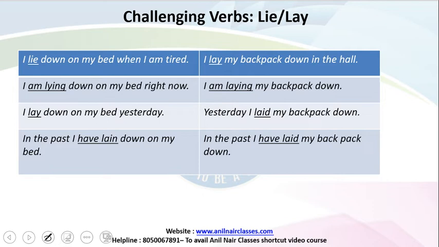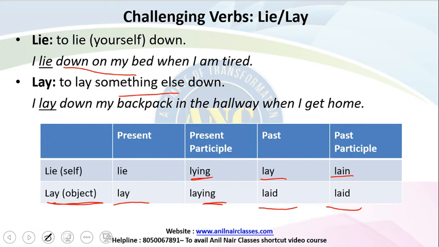Even if you mistakenly use the transitive verb in place of the intransitive verb, right, it will change the meaning. Hence, it's very important for you to understand. This is the transitive verb. It is used with reference to the object, and this one's the intransitive verb. This is the transitive.